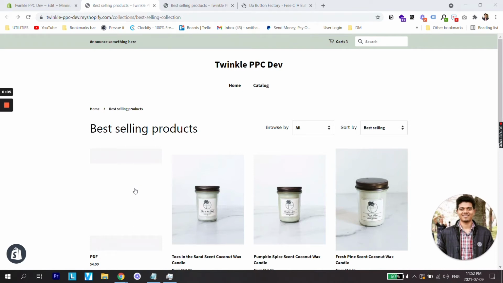In today's video we are going to learn how to add a button to your Shopify website or to any page of your Shopify website. This is very useful for people who are trying to link their Shop Now button to any page on a Shopify website. Just to give you an idea, we are right now on a collections page of my Shopify dev